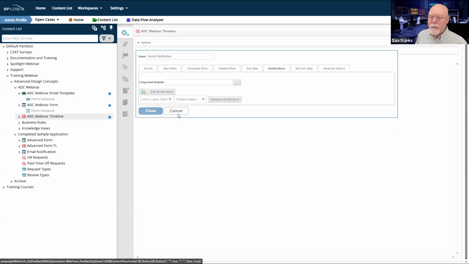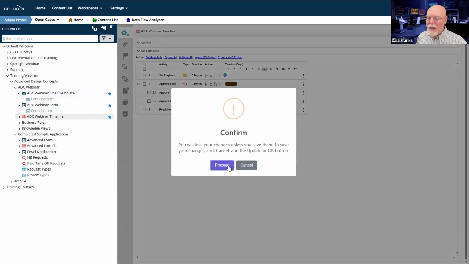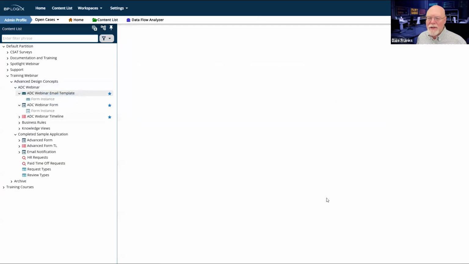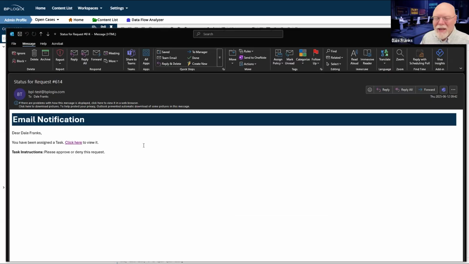request has been completed. So for this activity, the email template that we've looked at is not very helpful, because the only thing this email template tells us is that I have a task assigned. It probably would have been a lot easier if I just showed the email. But of course, for my notification of final disposition, there are no tasks. The tasks have all been done. This is a useless email to me. There are no task instructions. There is no request. Now, I still want to give them a chance to open the form if they want to, but I need to give them some other information.